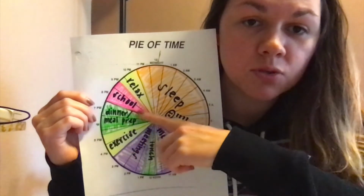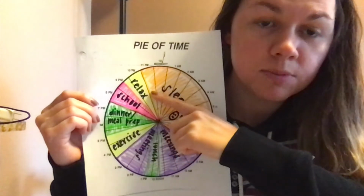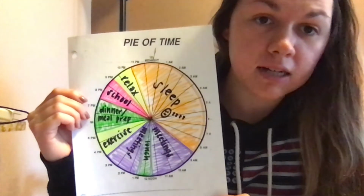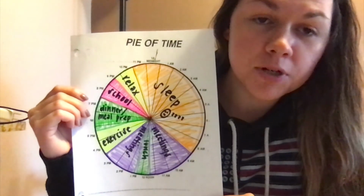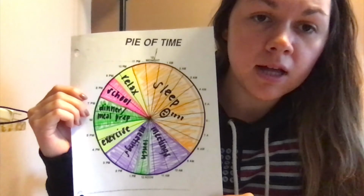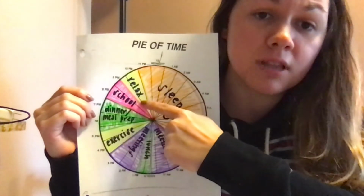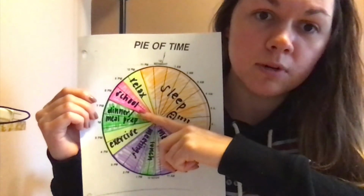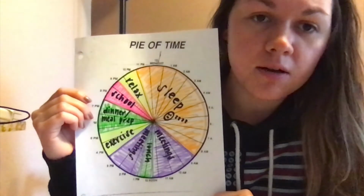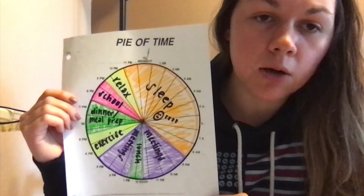I'm usually doing some school-related things in the evening. And then I have a little bit of time to allow myself to relax and unwind from the day. These things are pretty important to keep in your schedule. It can allow you to visualize if you are taking that time to relax for yourself, or if you're spending too much time on schoolwork and you don't know when to cut yourself off. Things like that. So mapping it out and actually being able to see it can be really helpful in those areas and can help you evaluate